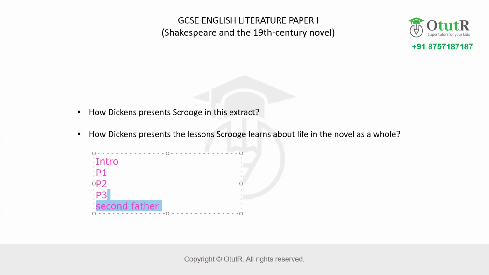No, we are not done yet. With this, we have to move to the conclusion, which we know is evaluative in nature, to what extent the writer has been able to do what he has done here based on the question. So we would say Dickens presents Scrooge as a character beginning to learn empathy and regret, which marks the turning point in his transformation, in his redemption. And across the novel, he learns profound lessons. The word is profound. Profound lessons about social responsibility,